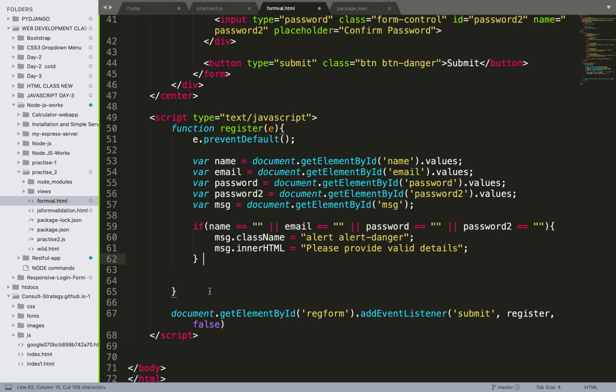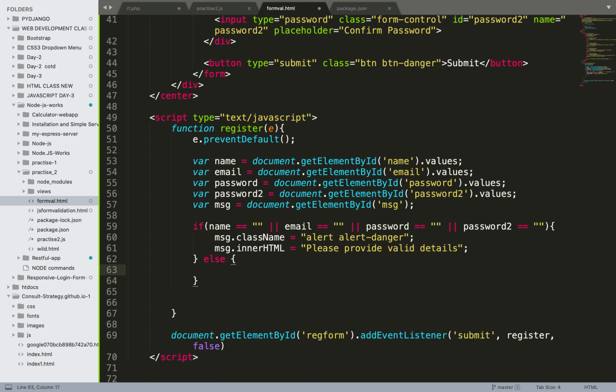So I need to provide... So if everything is left out blank, then we will have an error and it will ask us to provide valid details. Next, if our name is less than three characters, we need to do something about that.